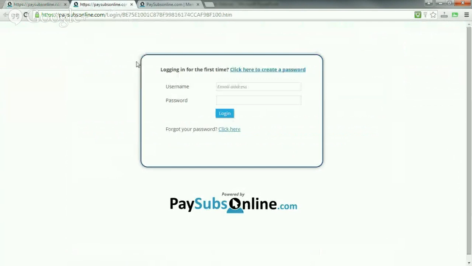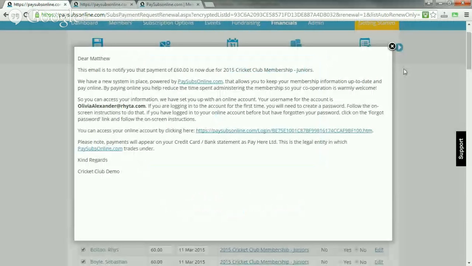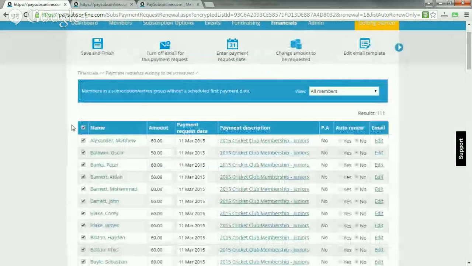So when they log in for the first time, they're going to create a password, and then they'll be able to log in after they've done that. This page here, you can embed into your existing website, so it takes on the look and feel of your club, or you can simply link to it like we've done here. So that's all okay. We give you the option to turn off this payment request email.